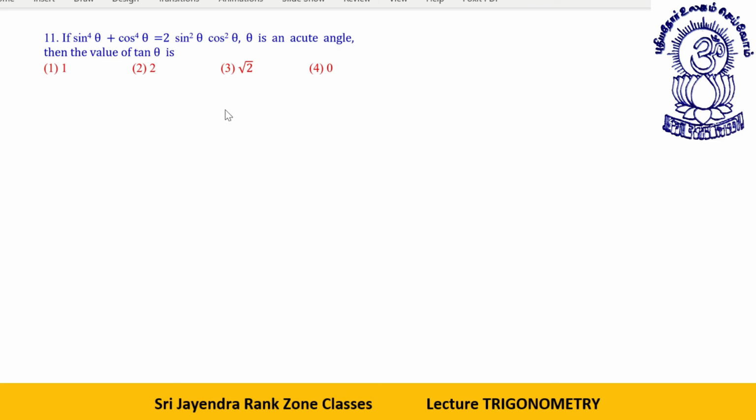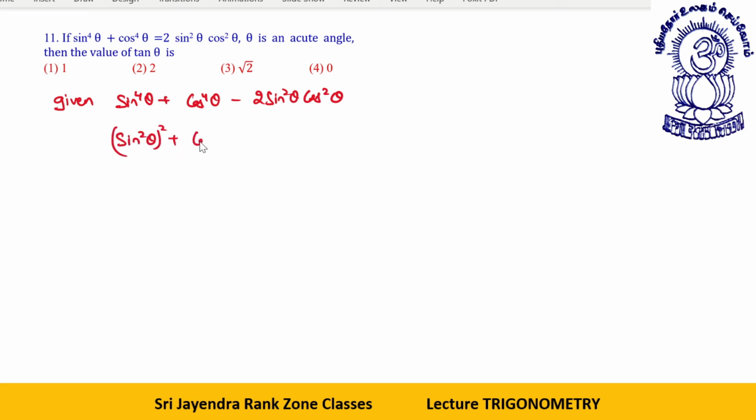Sine 4 theta plus cos 4 theta is equal to 2 sine square theta cos square theta. Theta is an acute angle, then the value of tan theta is, okay. It actually depends how we proceed towards this question. This can be time consuming, this can be very short also. See, we are given sine 4 theta plus cos 4 theta minus 2 sine square theta cos square theta,